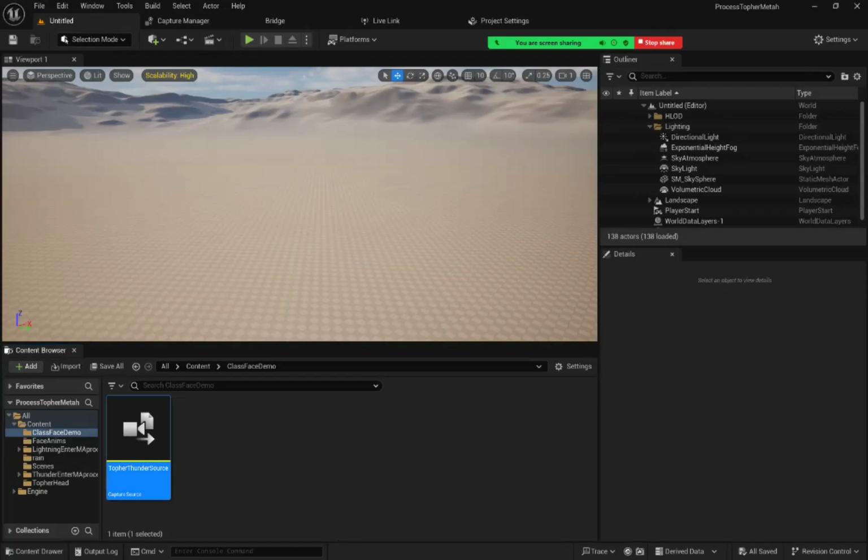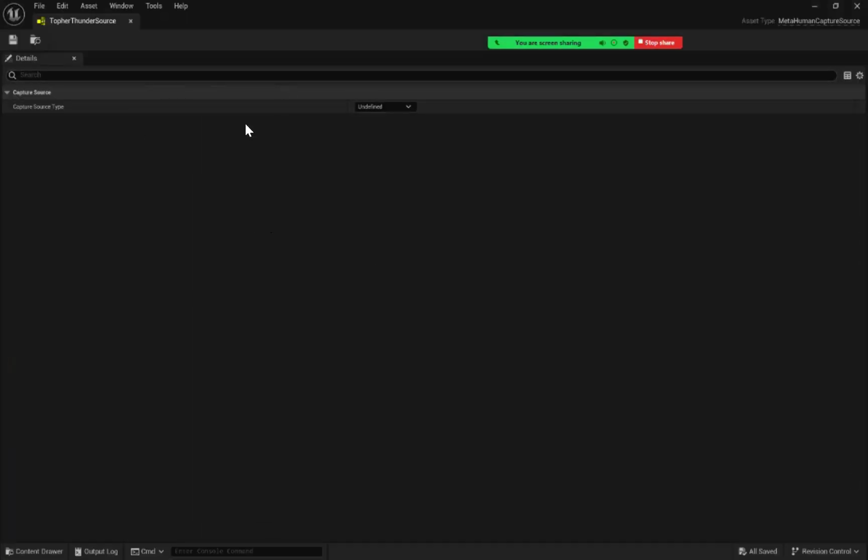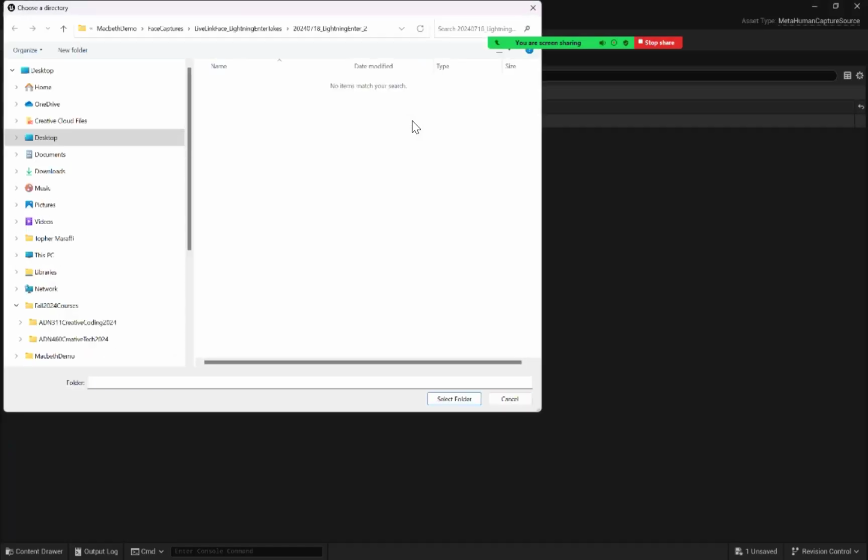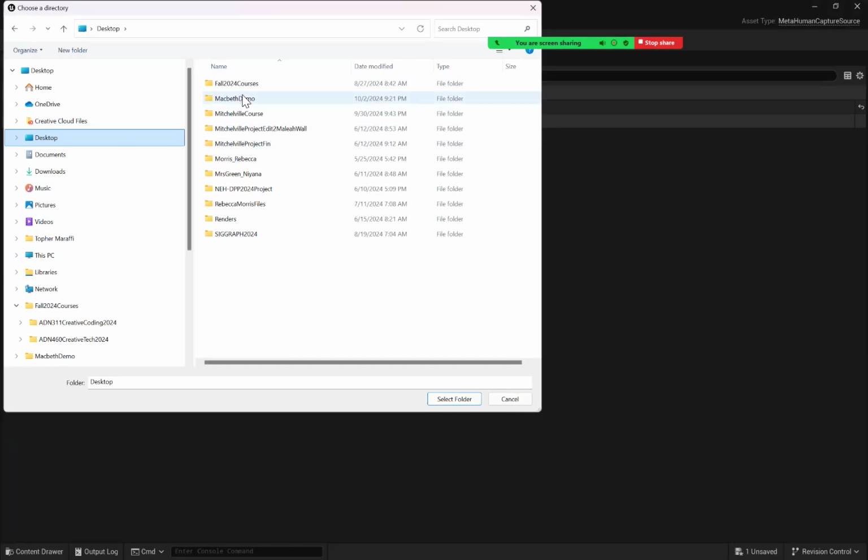And so now I have that. If I double click it, the only thing that's in there is this capture source type undefined. And I want to use Live Link Face Archives, which will give me a storage path that is basically the folders. So I'm going to go find wherever I put it here on the desktop,